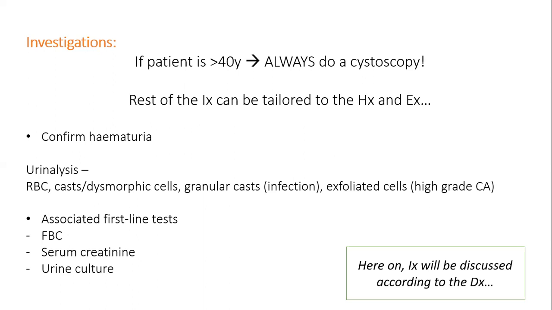And also in your microscopic examination, you can see cells of the tumor as well. So that implies that the tumor is actually high grade. So if you mention these additional things, it's actually good. So urinalysis. And then the other associated first line basic things we do, that is the full blood count,